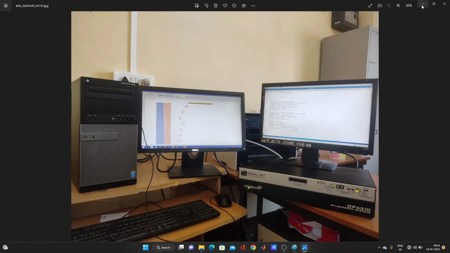This video is just one small view of how it looks and how it is connected. This white color is an Ethernet. Through this Ethernet, these two systems, the host system, the host PC, is connected with the real-time simulator Opal RT. Okay, this